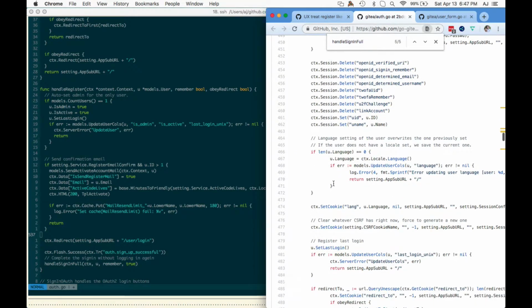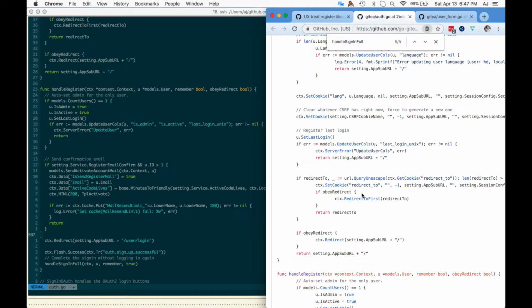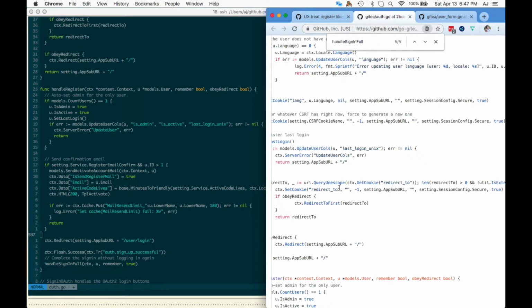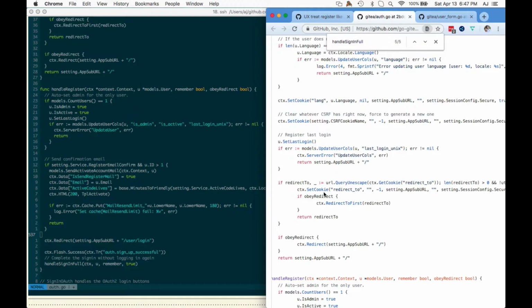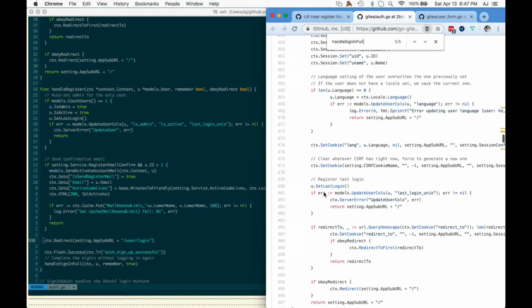And this is the one I think where if there's a redirect, it does it. Yeah, redirect to, and if obey redirect, then redirect. Yeah, so that functionality was changed with this PR. That instead of just doing a redirect to the same place always, it's doing a redirect conditionally based on what type of login it was, so that all that login logic can be handled in just those two places.